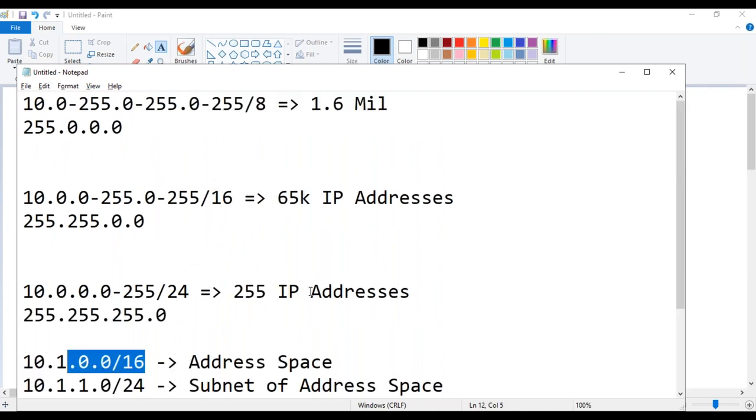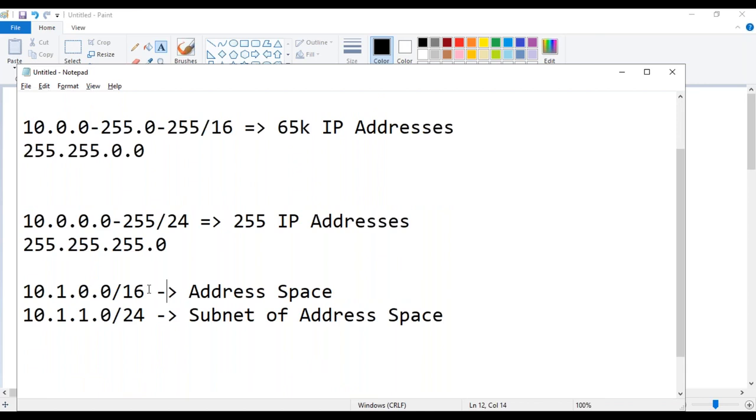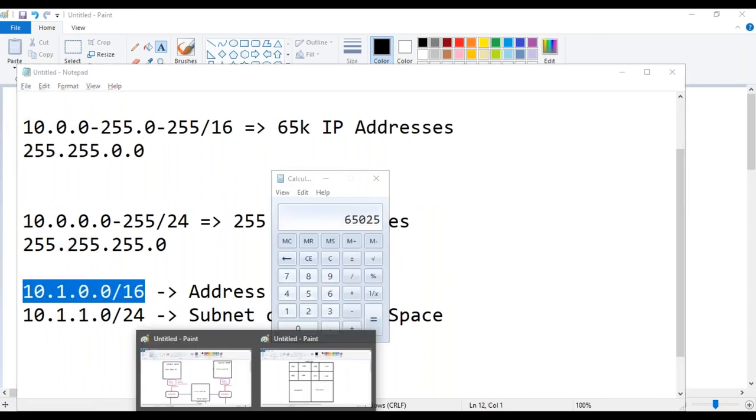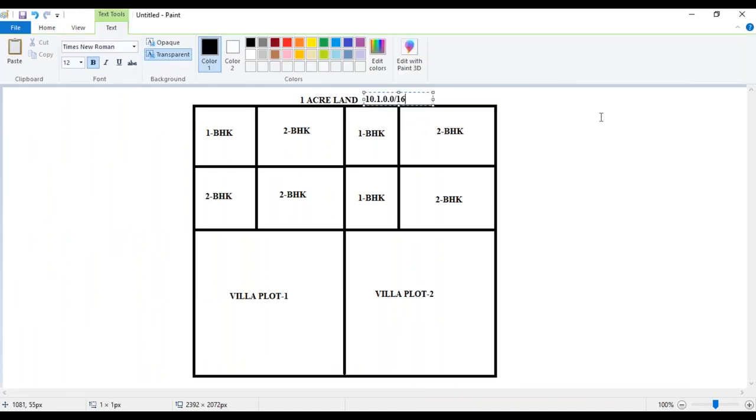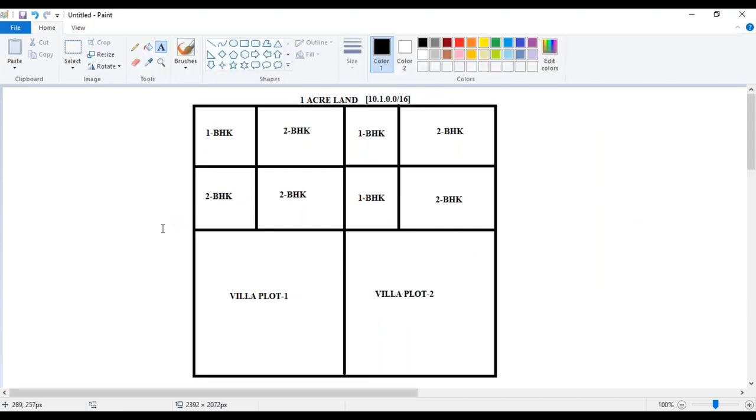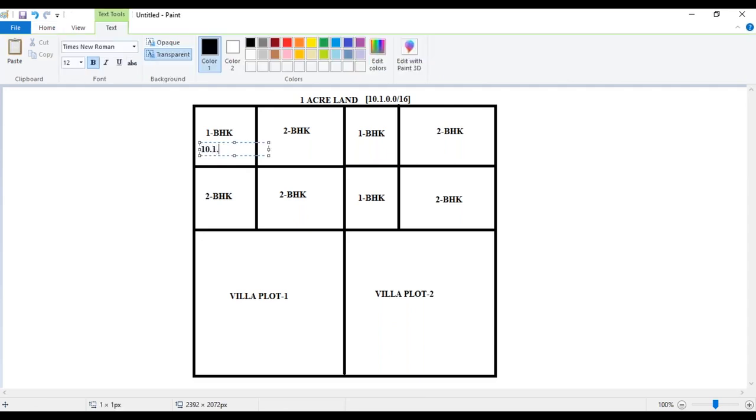So, Dheeraj, the main network will be divided into sub networks, right? Let's put it like this. I'm going to go to our real estate example. This is your main site. Sometimes one guy is going to ask, okay, I require 1 BHK. So I'm going to give 10.1.1.0/28, which will give you 28 IP addresses.